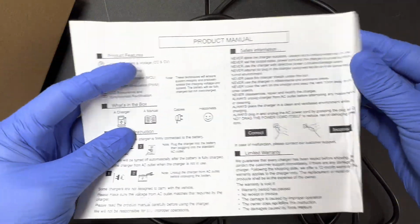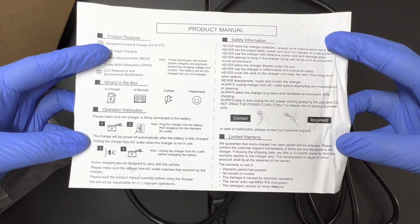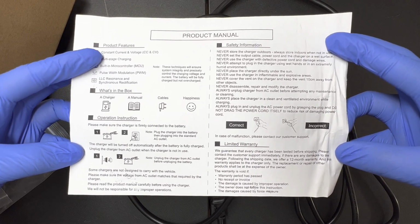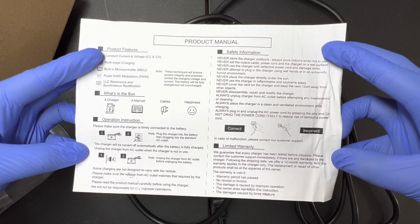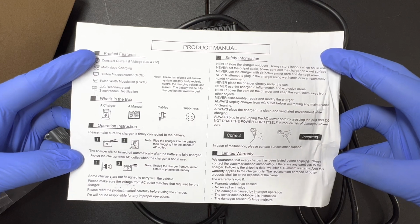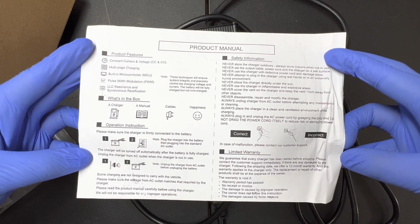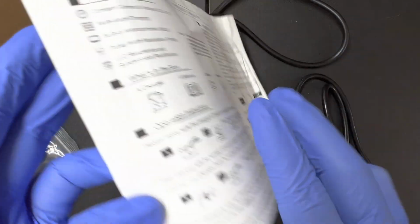There was a user manual included, which I will show you right here. Feel free to pause the screen at any time so that way you can read it on your end. Now that we are a bit more acquainted with the charger itself, let's get into the charging aspect. I would like to share some information on how I go about charging it, how long it takes. Again, by the end of this video, you will be well acquainted with the charging side of the 8,000 watt